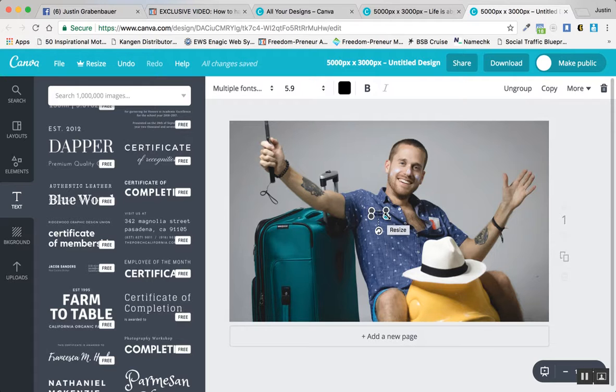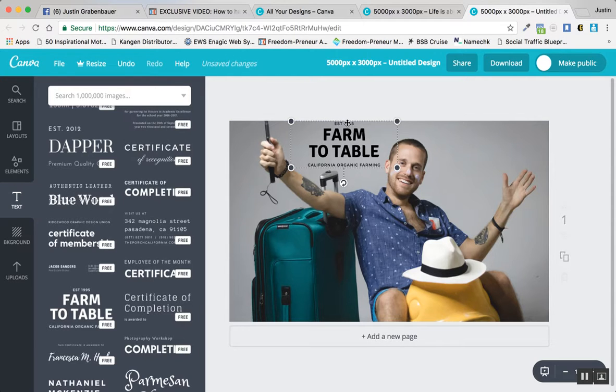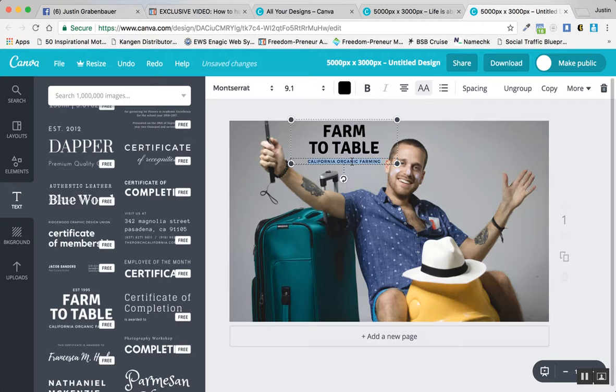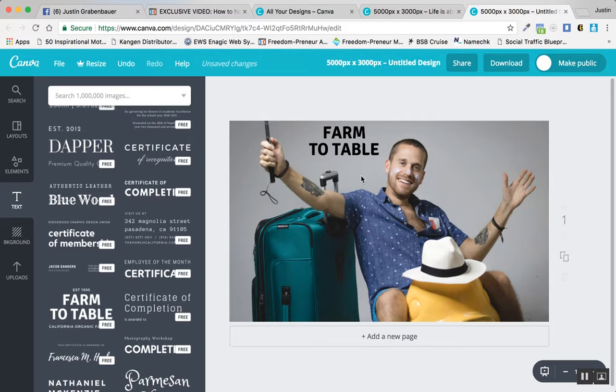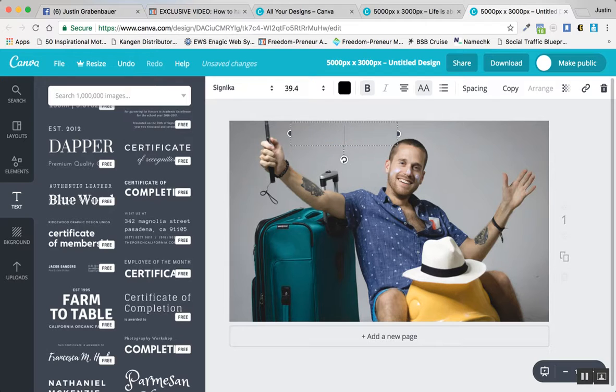And because this image is so huge, let me just resize that. So as you can see in here, there's some text that I don't want, this small text right here, so I'll just double click that, delete it, and then double click this, delete that. And then whatever text I want to put in there, I can just double click on that and delete what's in there and just put life